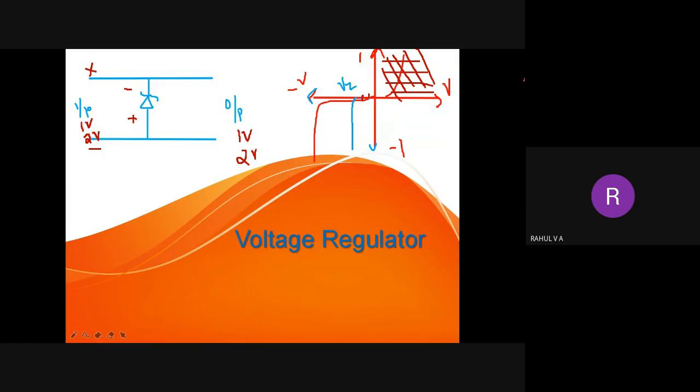Okay, now assume that the Zener voltage of this diode is 5.1. That means reverse breakdown happens at 5.1. This voltage is 5.1, and I keep on increasing. Now the voltage is 5 volt. Nothing will happen because it is just a reverse voltage. If you see the characteristics, no current flows through that Zener diode. Whatever input, that is 5 volt, you apply to the input terminal will be across the output, because